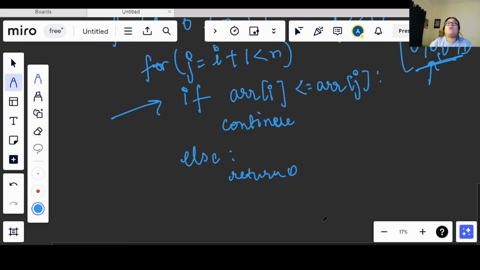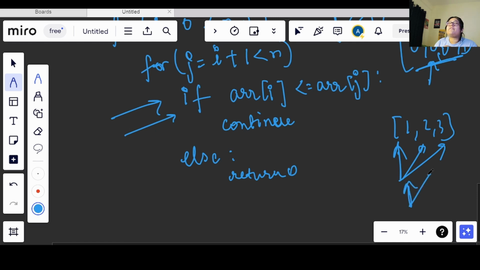Okay, now let's say I don't have any value which is greater, which means I don't have even a single condition where my value is not right. Okay, so let's say I am having 1 2 3. So I will start the iteration from here. In all the iterations I will be only going in the if condition, and it will be true every time.